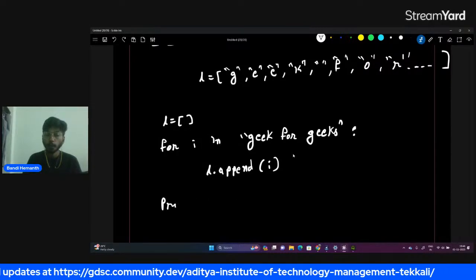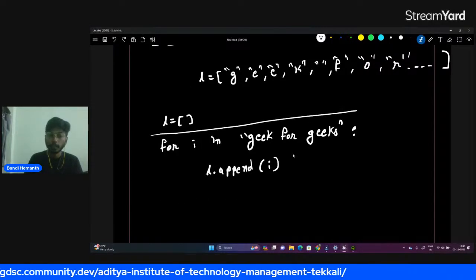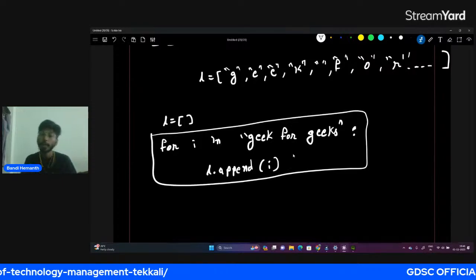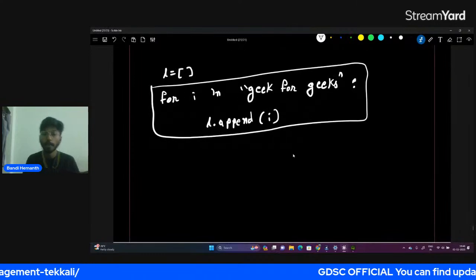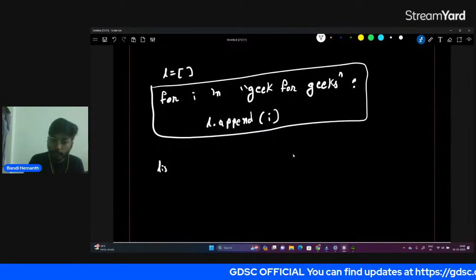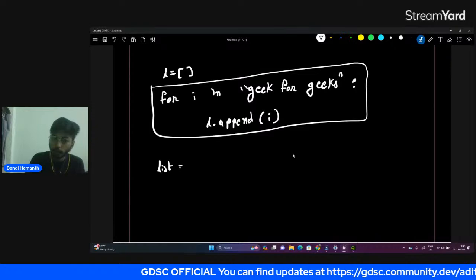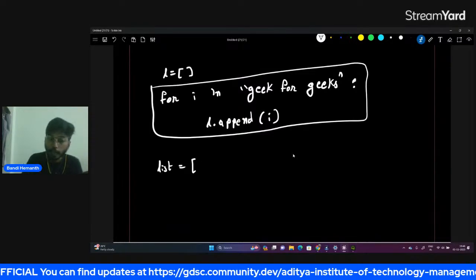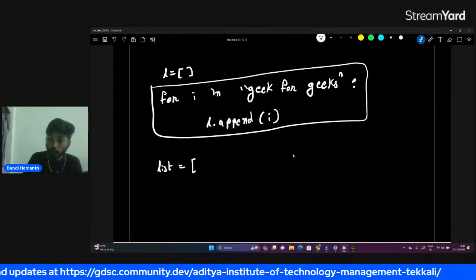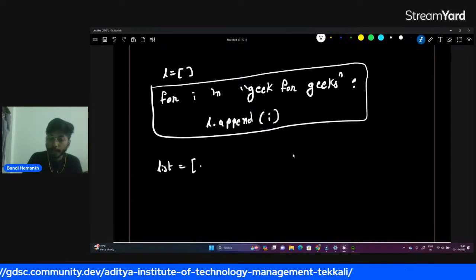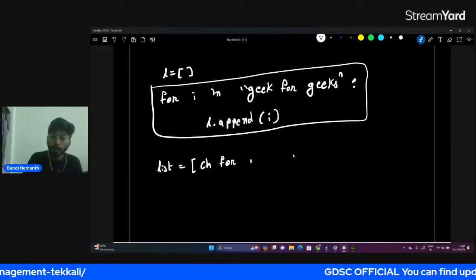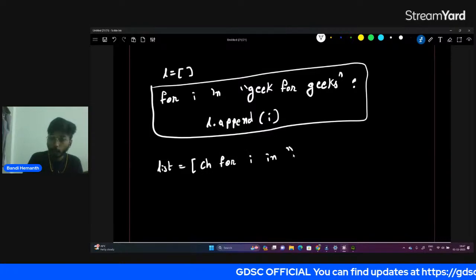Now I want to write this code by using a list comprehension. The same thing I want to write using a list comprehension. So initially I will create a list, right? Here, at the start, I need to mention an expression. So what is the expression here? I will take it as a character, ch, for i in